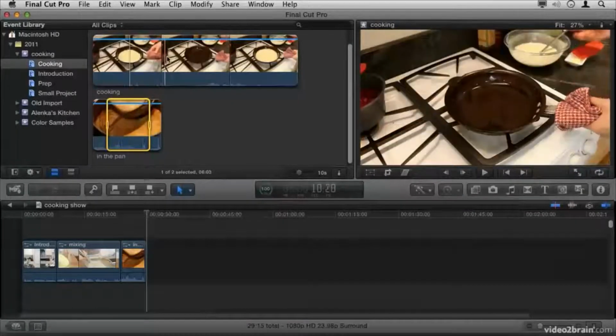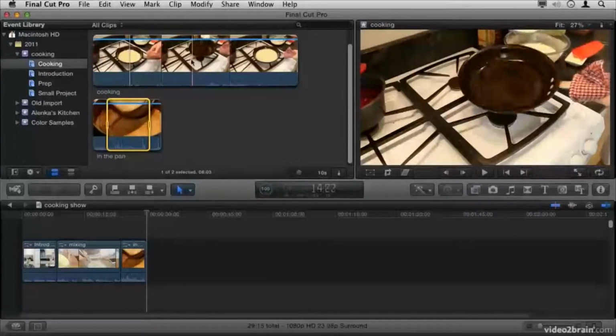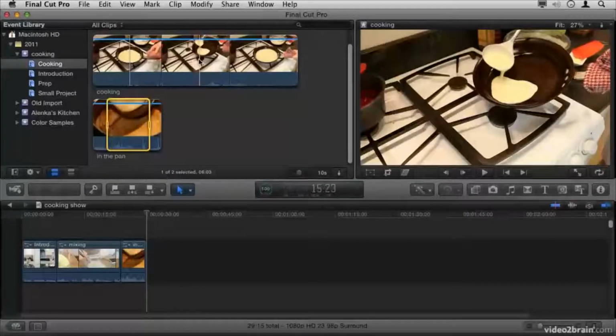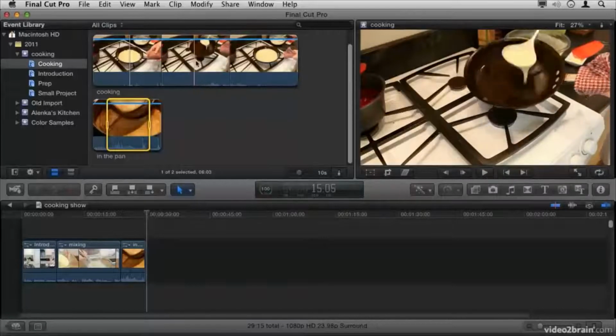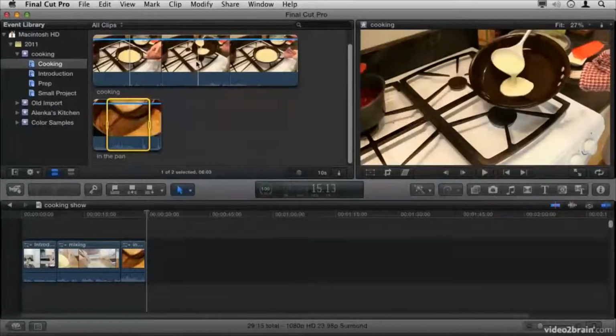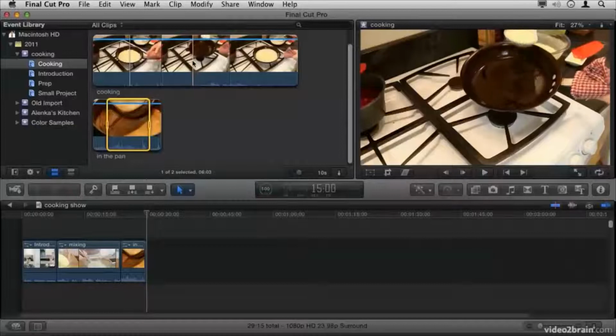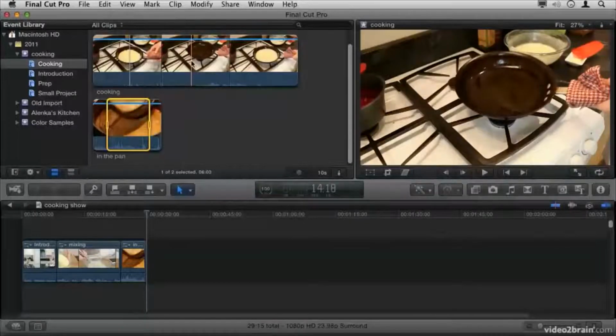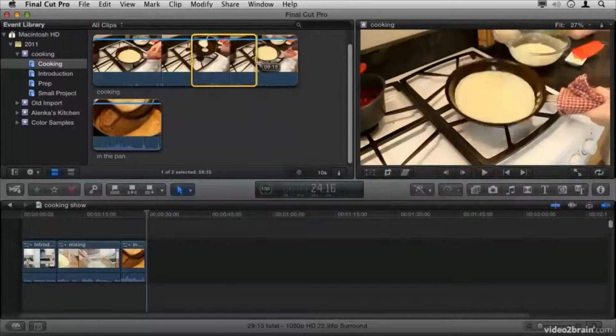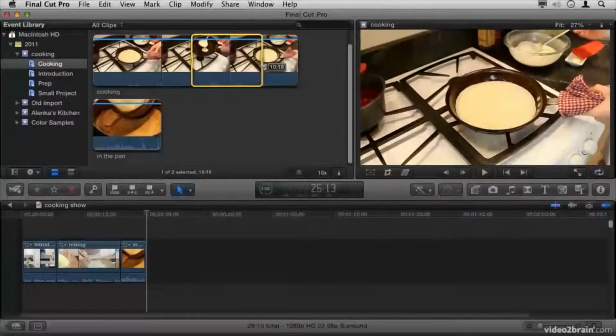I'm going to go ahead and scrub through and get to the point just before the batter goes into the pan. And you notice here by simply moving the mouse back and forth, and I'm not clicking and dragging, I'm simply skimming the mouse over the clip, I can very easily find exactly the frame that I want to start with. Start right there, and I'll click and drag that out, and I'll stop it just after she sets the